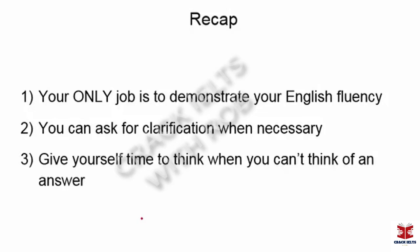So to review, remember, your only job on the speaking exam is to demonstrate your English fluency. That's it. You can ask for clarification on the exam, and that's a good thing to do to buy yourself some time, and it's a necessary